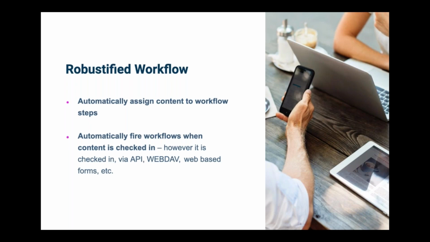And likewise, what you can do now in dotCMS 5.2 is you can automatically, on a content type and on a scheme basis, fire workflow actions based on what's happening with the content. So if a piece of content is calling the API to be saved, the workflow action that's mapped to the action saved will automatically be fired.